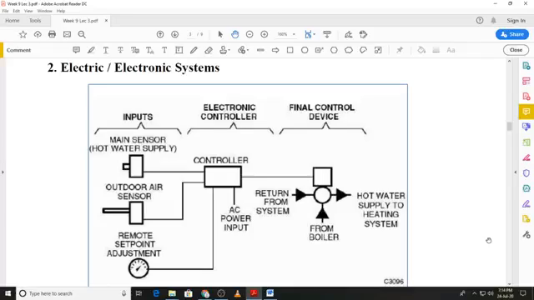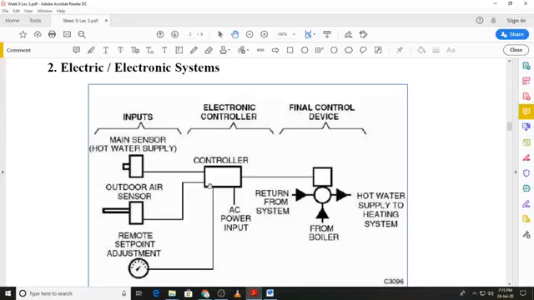The second one is an electronic or electrical system, and a simple block diagram of such a system is shown over here. You again have the controller, and we have the sensors, and you will have the actuator. So we have the inputs into the controller. Let's say in this particular case you have the outdoor air temperature, and you also have a sensor for the hot water temperature, and we have a set point over here. So for example, if the